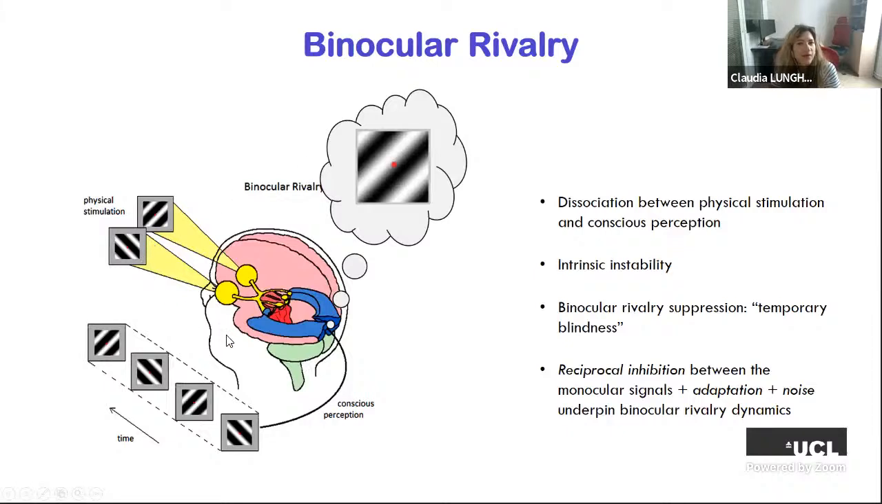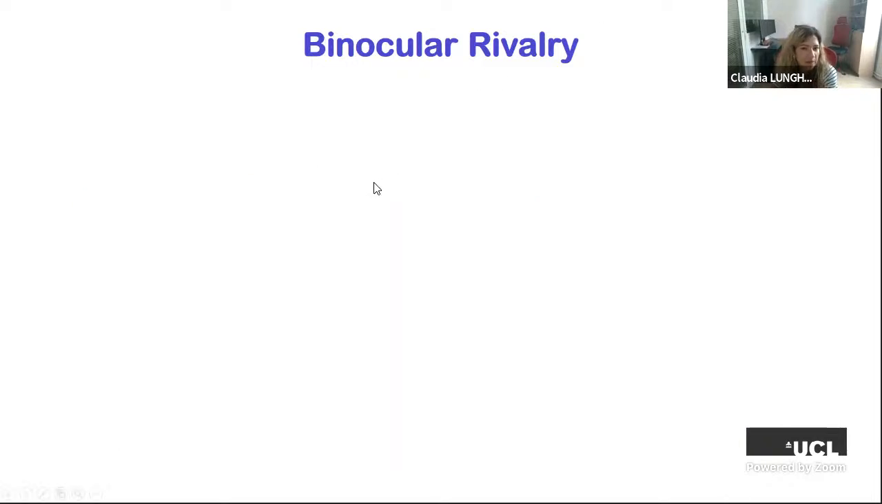So in this case, we can say that binocular rivalry is one peculiar case in which we have this dissociation between physical stimulation that is constant in the two retinae and conscious perception that oscillates continuously between the two monocular images. And this is the reason why historically binocular rivalry has been used as a tool to investigate the neural correlates of visual awareness, because we have this dissociation. So this perception is intrinsically unstable between the two images, and this dissociation between physical stimulation and conscious perception has really been used to investigate the neural correlates of visual awareness, because when we perceive, for example,